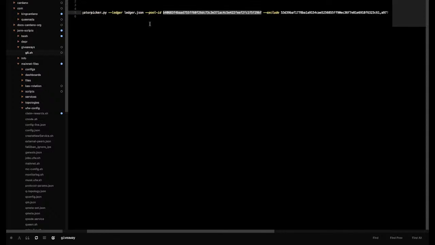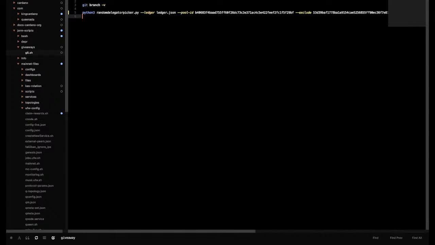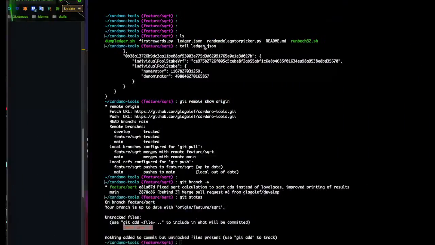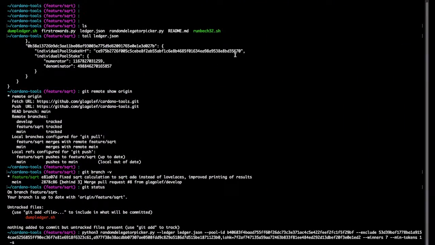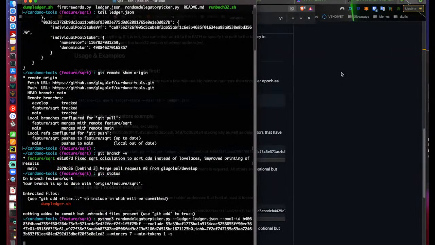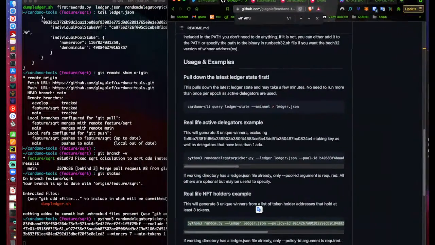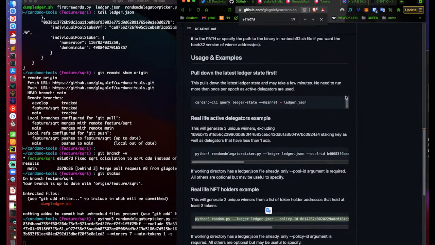This is the POV ID, and winners, instead of 1 we want 7, and min tokens still 1, and square root. So copy that and run it. Looks good. So what else? That was pretty much it.